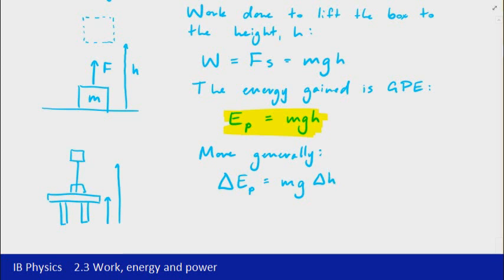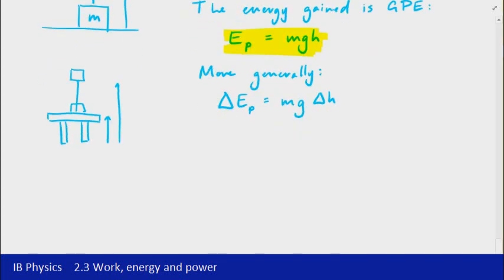So that's, I think, in fact, the equation that's in the data booklet. So the change in potential energy is equal to mg times delta h. Now, making this a long video, there's one last collection of ideas that we need to deal with here, and